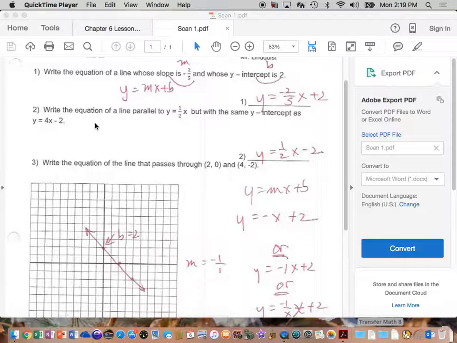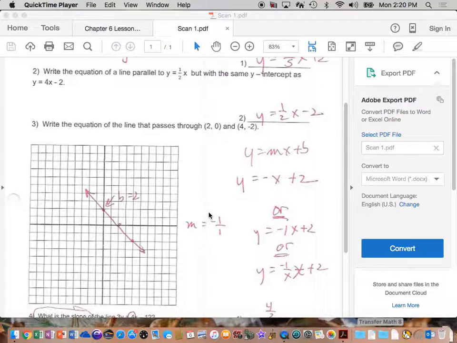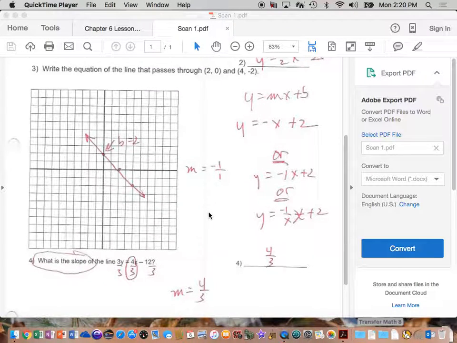So that means that if the slope of this guy is 1/2 right here, then the new line has to be 1/2 because it's parallel, so it has the same slope. But it has the same y-intercept as this guy, so the y-intercept has to be negative 2. All right. Now,